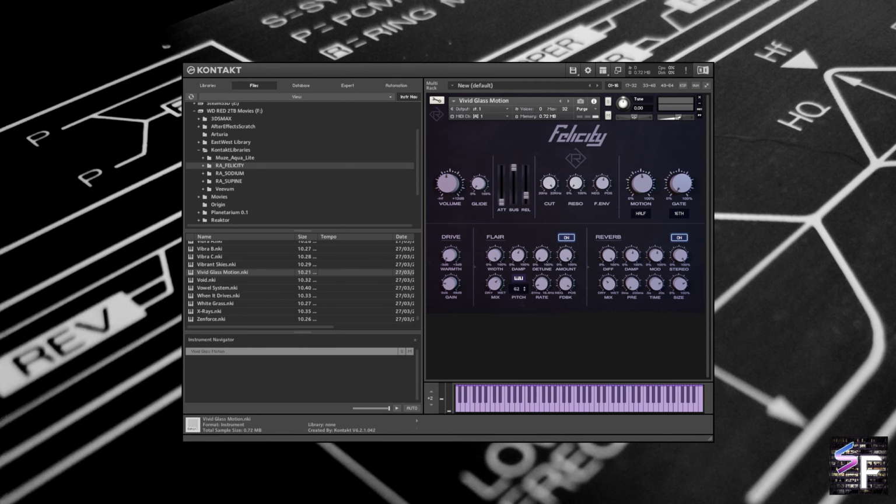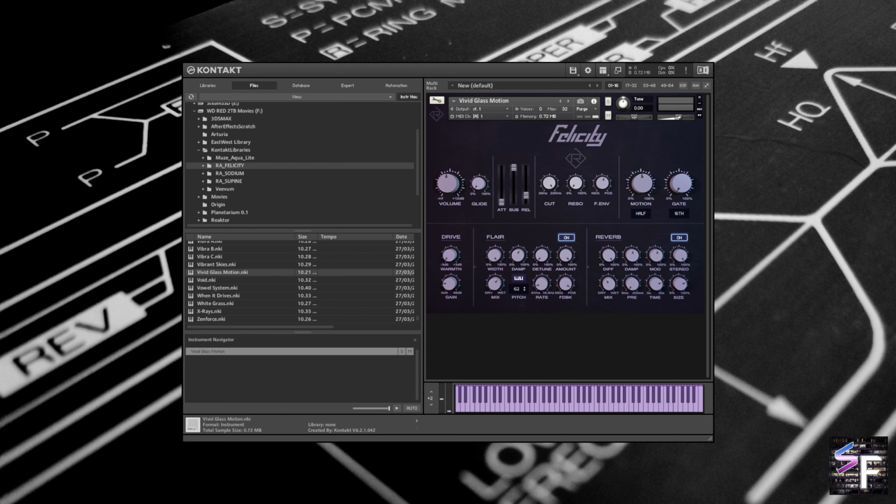This is a Kontakt library and it requires the full version of Kontakt. The Rigid Audio products are quite frequently on sale. Right now there's a sale on audio plugin deals as well. Not quite sure if this one is included, but they do go on sale pretty regularly. The base price is €55. I believe I picked this up in a pack with 5 other instruments for about $15, so they can drop